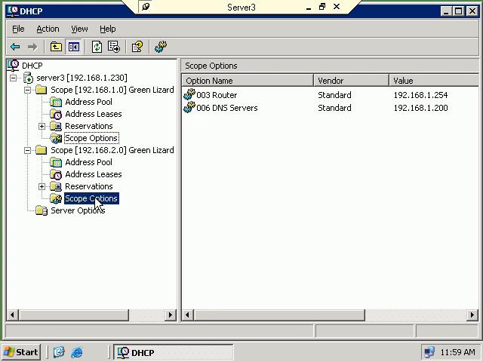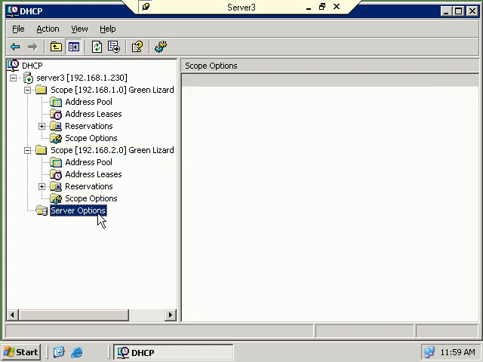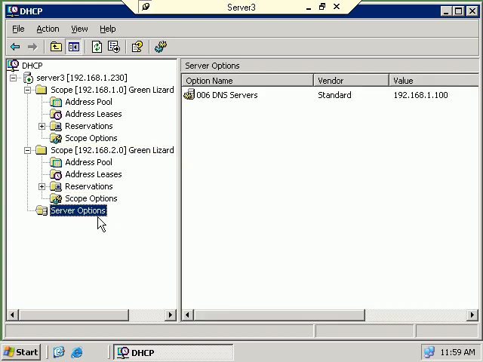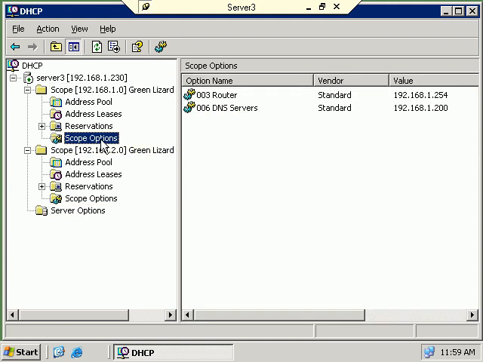Okay, if I went here to this Scope Options, I can configure advanced settings, but they're only going to apply to this scope. And then once again, if I go to the server options and do advanced settings, well, those advanced settings will apply to both scopes, just like we saw previously. Let's focus on just our first scope here,